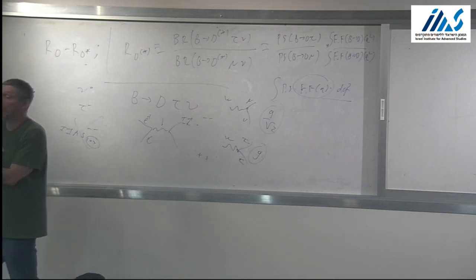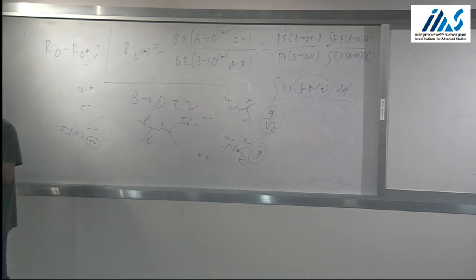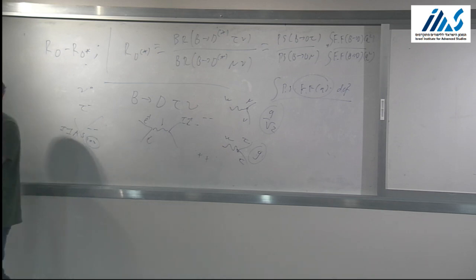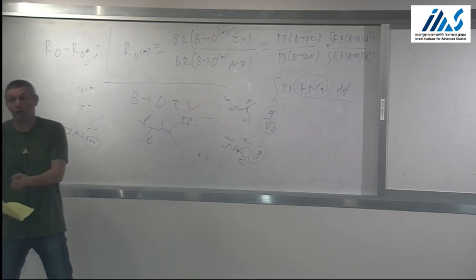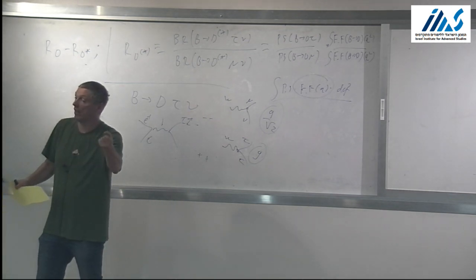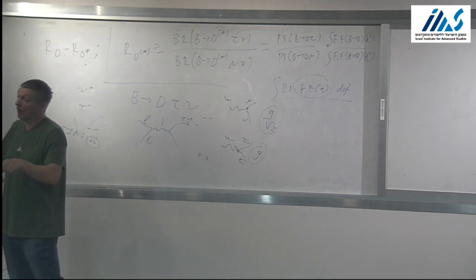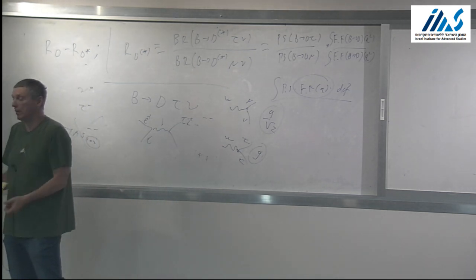So if you have e plus e minus go to something that is not a B, it looks like a 2-jet event. If it decays into a B, it looks much more spherical. So you run some neural network that tells you the probability that this one is actually a B. Okay, so that's one example. And in LHCb, you look for another B on the other side. Say if I have one B on one side, then I should have another B because in QCD, gluons create